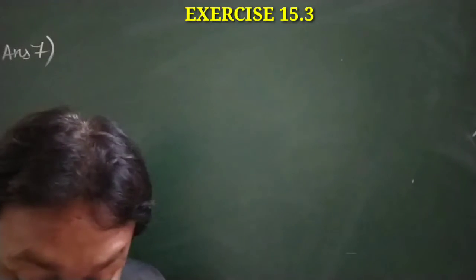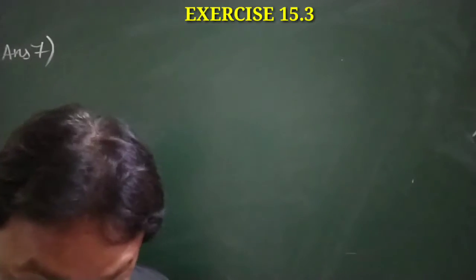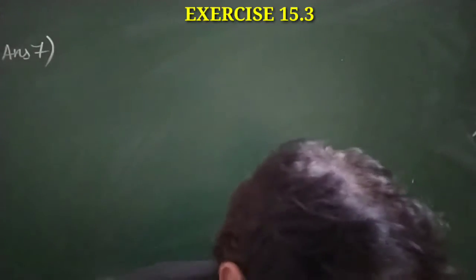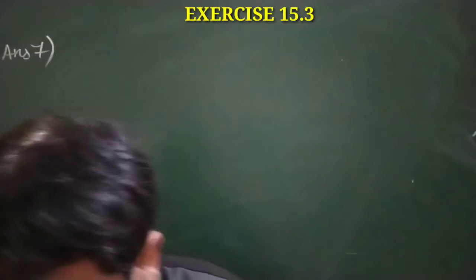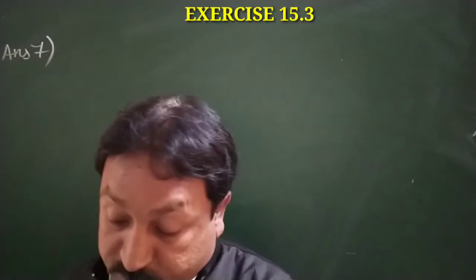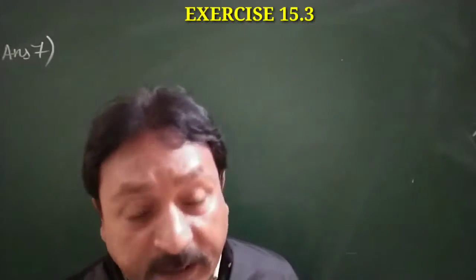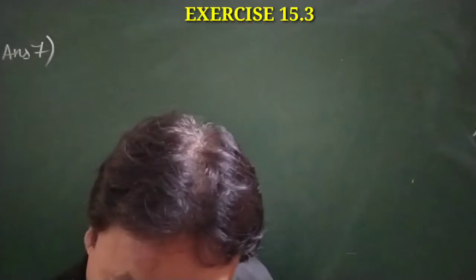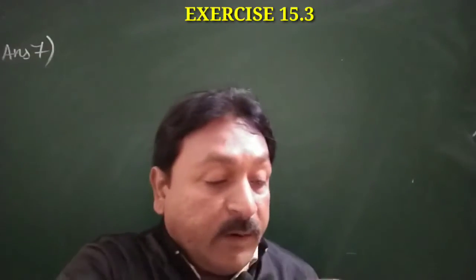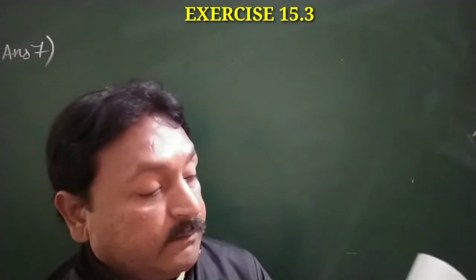A rectangular piece of paper having width 88 centimeter and breadth 25 centimeter is folded along its length to form a cylinder. Suppose there is one paper, I can take any paper like this. It is in the form of a rectangle. Its length is 88 centimeter and its breadth is 25 centimeter. It is folded along its length to form a cylinder.